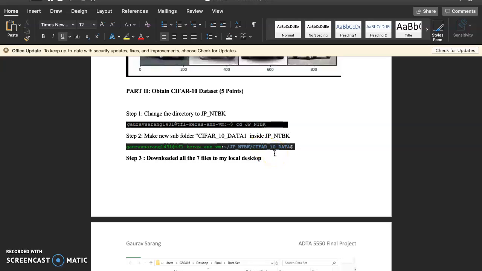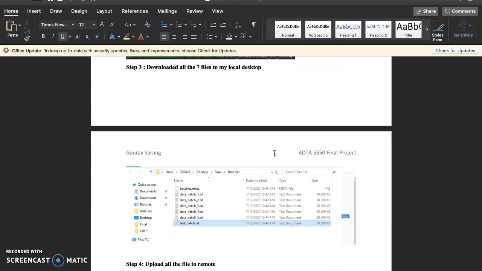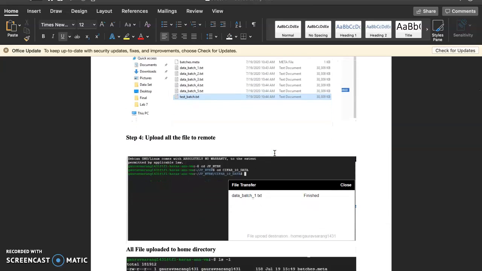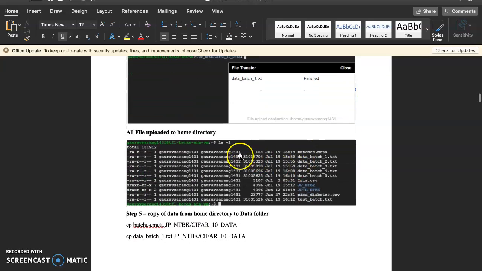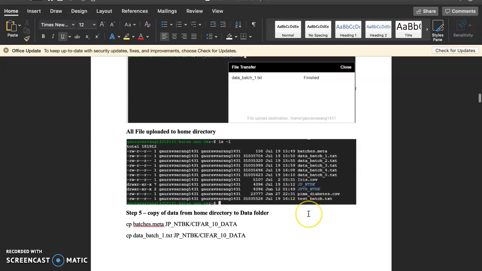It was CIFAR10 data, and then I downloaded all the files to my desktop, and then we uploaded all the files to the remote server. So see here, one by one this finished. Then when all the files were uploaded into the home directory, we can easily see 1 to 5 all the data batches, and then batches.meta and the test file.